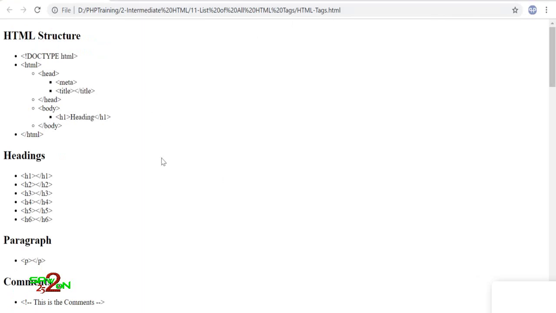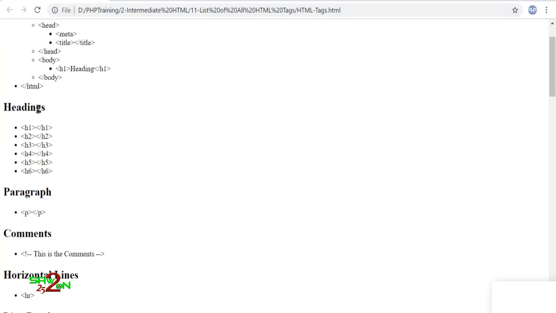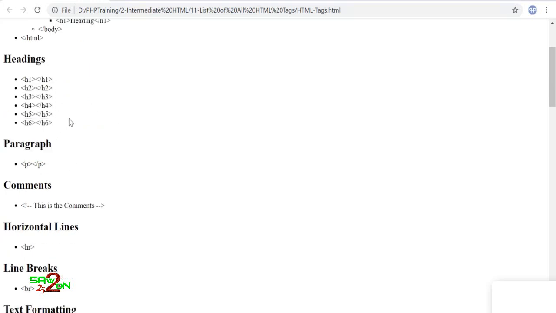Okay, so we'll do a quick review of what all we have seen in HTML. As a part of HTML structure, we have seen doctype and HTML, HTML starting and ending, head section and body section, meta, title, and then the h1 tag in the body section. And we talked about head is invisible, body is visible, and anything you want to describe about the page, you put in head. Anything you want to display as content in the web browser, you put in body. Okay, and h1 to h6 are the headings, h1 being the biggest, h6 being the smallest.